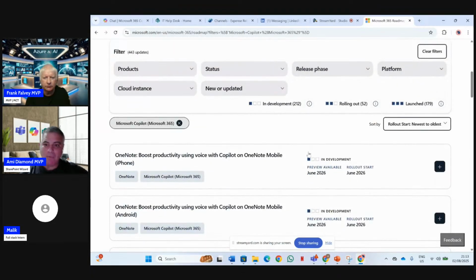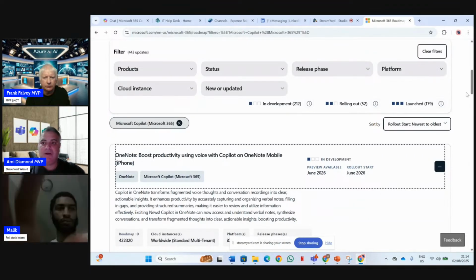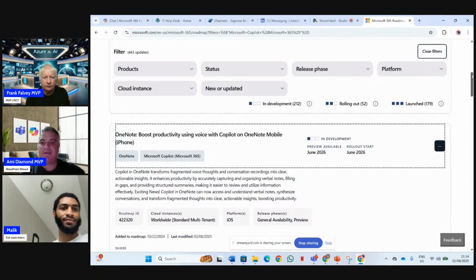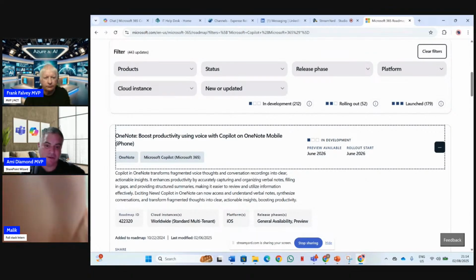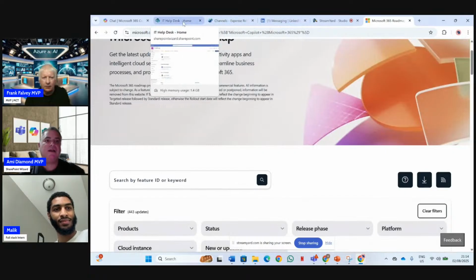And once you find what you want, you can open it, see a description, and see when it should be available for preview and when it should be rolled out as GA. So this is one source that I use very much just to see what's coming up. As you see, this is like in a year's time. So the second thing I do